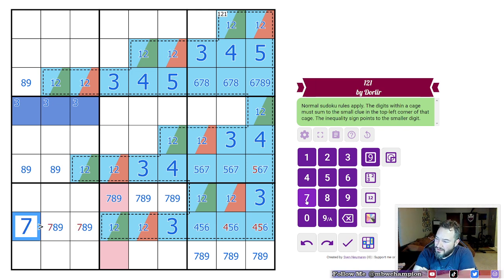What? Did I do something wrong with the math in the very beginning? The inequality sign points to the smaller digit. I was trying to make this an... But it was 1 off. It was only 1 off. How could that be...